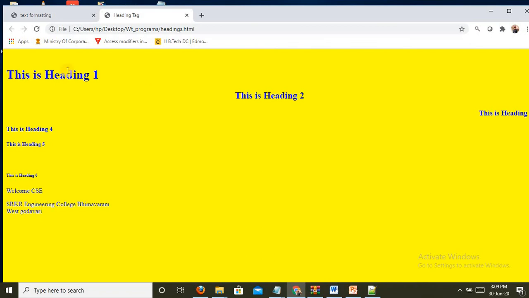See, this is heading 1 aligned left, this heading 2 aligned in the middle, this heading 3 aligned right, and H4, H5. See, there are differences between sizes. Heading 1 is in big size and heading 6 in small size. This is just a small difference. So see here, the heading tag is written in the title, so it is showing there.